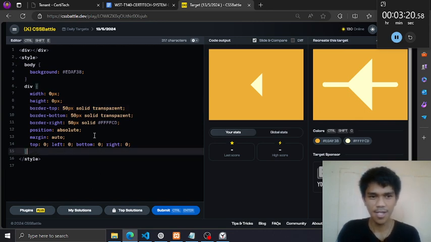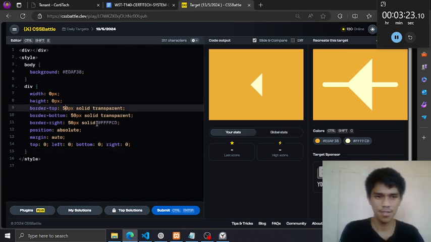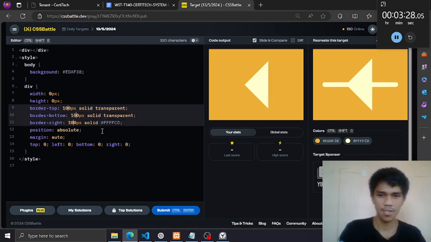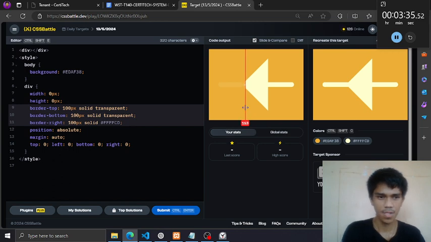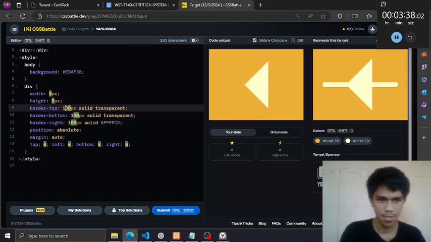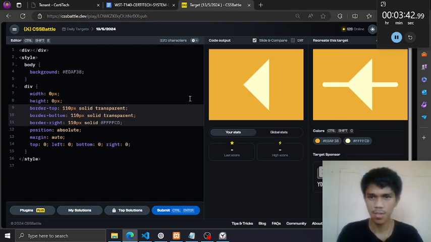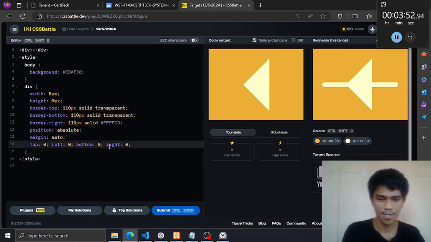And adjust the size of this triangle. So let's make this 100. Wow, looks the same. 110 maybe. Yep, 110. And push this to the left. So negative 10, 20.